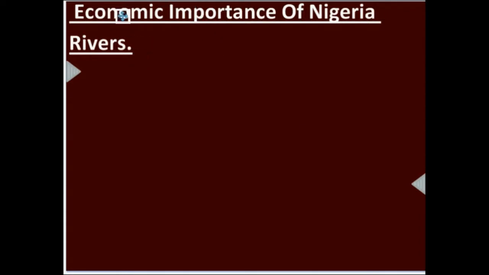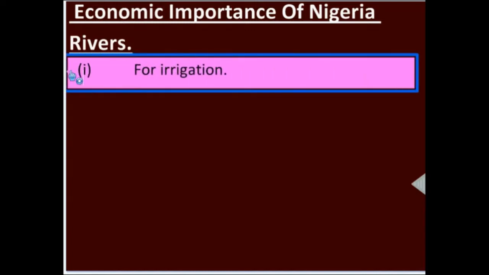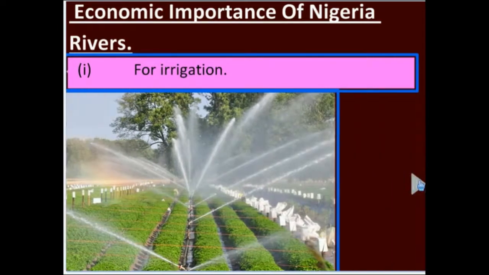Now we need to discuss the economic importance of Nigerian rivers. Let's try to identify the importance of these rivers we've already mentioned. First, they are basically used for irrigation. As you know, irrigation has to do with the artificial application of water on dry areas for the purpose of